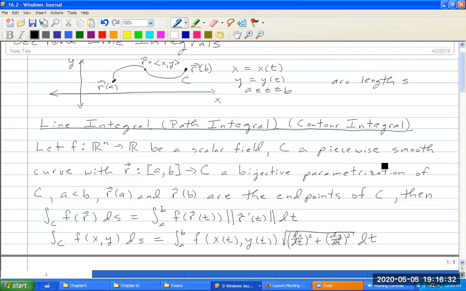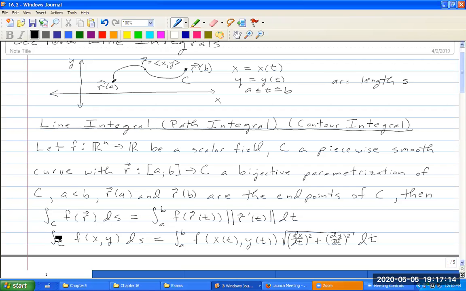Okay, so let f go from Rn to R. This be a scalar field. And let C be a piecewise smooth curve with r being a vector function, from the closed interval A, B to this smooth curve. And let this be a bijective parameterization of the curve C. Suppose that A is less than B, and that r at A and r at B are the endpoints of this curve C. Then